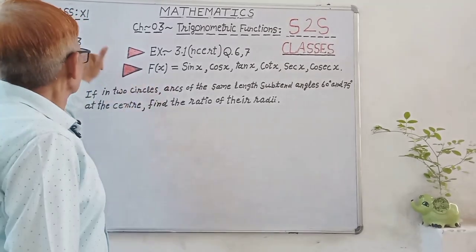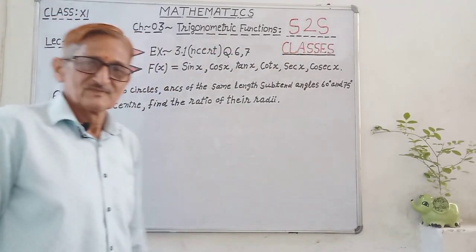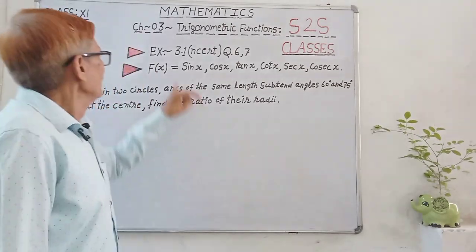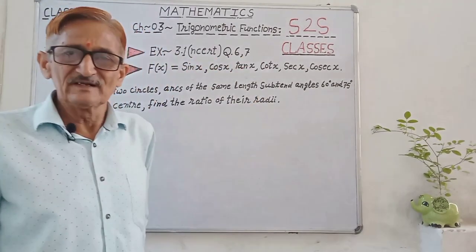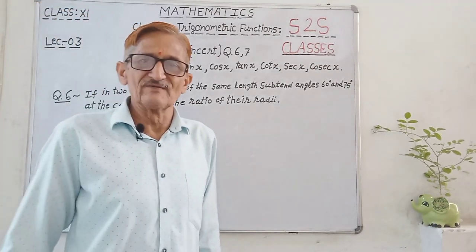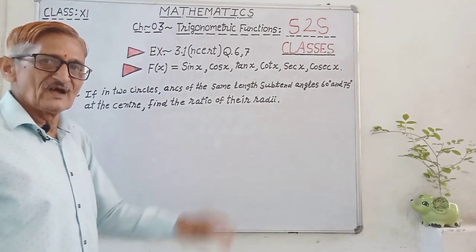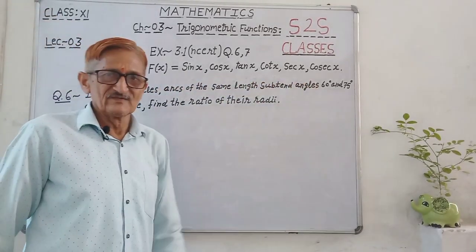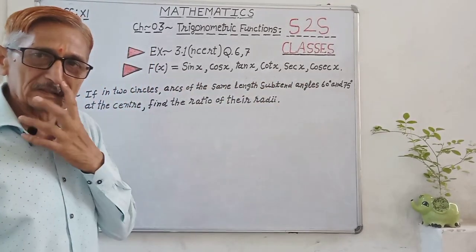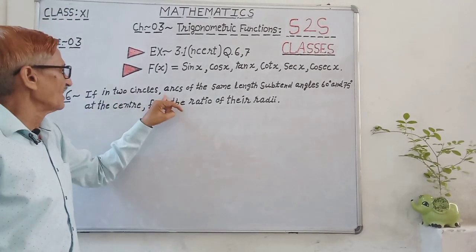This is the 3rd lecture on this chapter, trigonometric functions, and exercise 3.1 NCERT book, questions up to 5 are done. Now question 6 and 7. Today we have to do question number 6 onward, and after that we have to discuss the trigonometric function. Okay, now question number 6, if in two circles